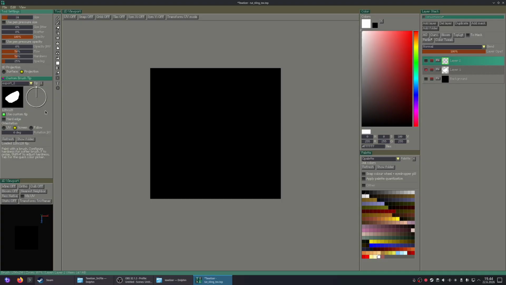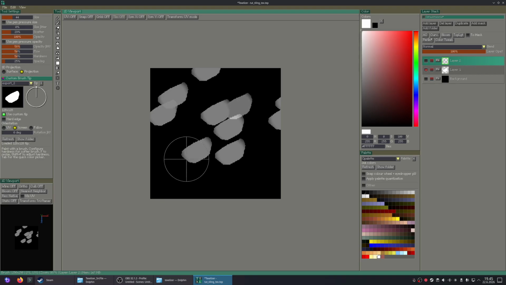And okay, now that I have demoed all of those, we can start actually making the tiling environment texture with these new features. So let's say that I want to scatter these stones around like all over the canvas so that it looks like they're kind of naturally sticking out from the ground somehow. So for that I would go maybe a bit of scatter. That's probably all right. Then do we want opacity? Let's check this.